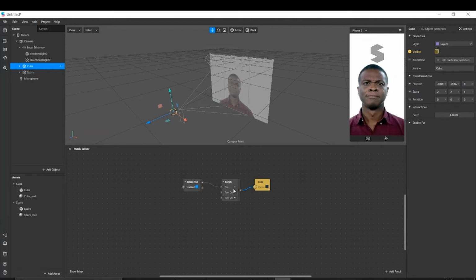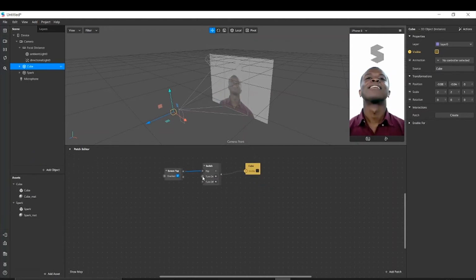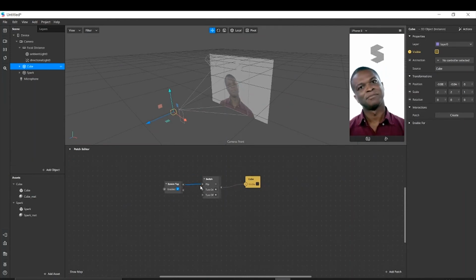Switch. What does the switch statement do? Switch is like on off, turn on, turn off, turn on, turn off. And the switch option, just observe the switch option. It has many other options. So now if we use the turn on option and we have a tap on the screen, it will turn on, but it won't turn off because we have changed the option from flip to turn on. And if you go to the turn off option, its visibility will go and we won't be able to bring the visibility back when we tap again. So this is interaction. So understand it.